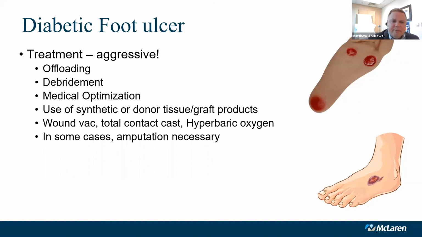So oftentimes we medically optimize our patients, so control of blood sugar, making sure that we're otherwise trying to avoid other medications that are going to limit healing, such as steroid medications, even inhaled steroids like for COPD or asthma can slow us down. And also chemotherapy medications can really slow down the healing process. We have a lot of products and things that are available at our discretion to try to resolve some of these wounds. My whole goal with any wound of the lower extremity is to try to close it as fast as possible.